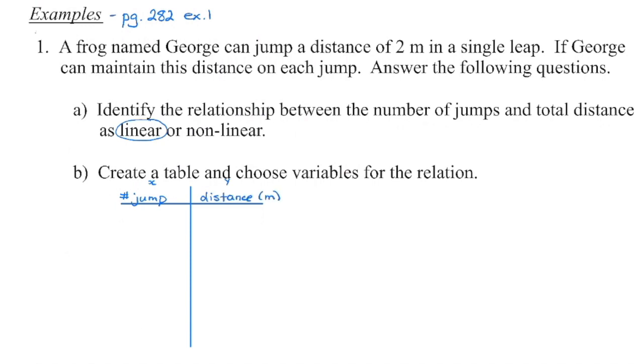I can't choose a negative for this one because a negative jump would indicate he's going backwards. So in this case, I'm going to put down, if George does not jump at all, he hasn't traveled anywhere. If he goes 1 jump, he's traveled 2 meters. If he takes another jump, he's gone 4 meters. If he takes another jump, he's gone 6 meters, and so on. If we go to graph that now,